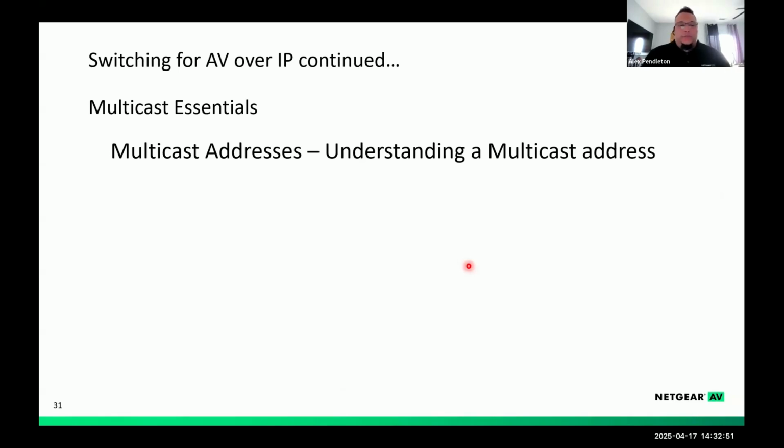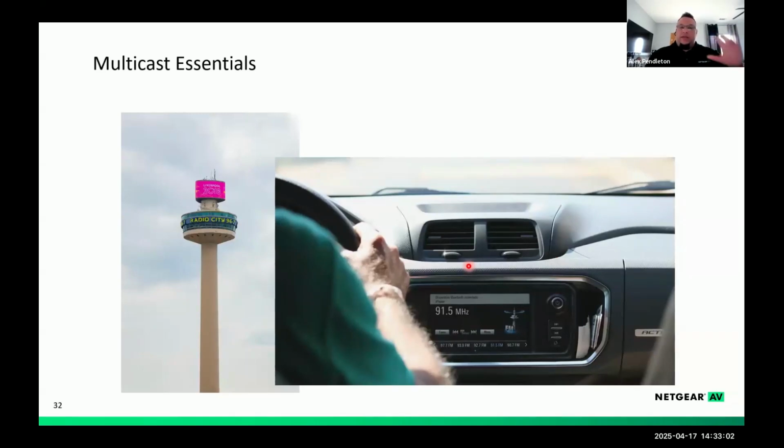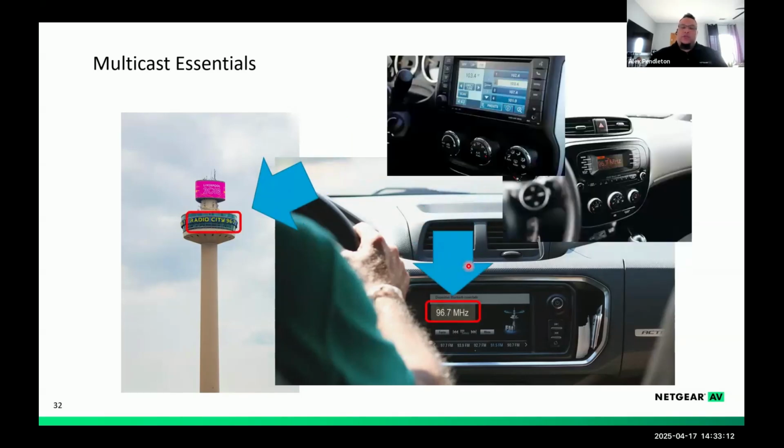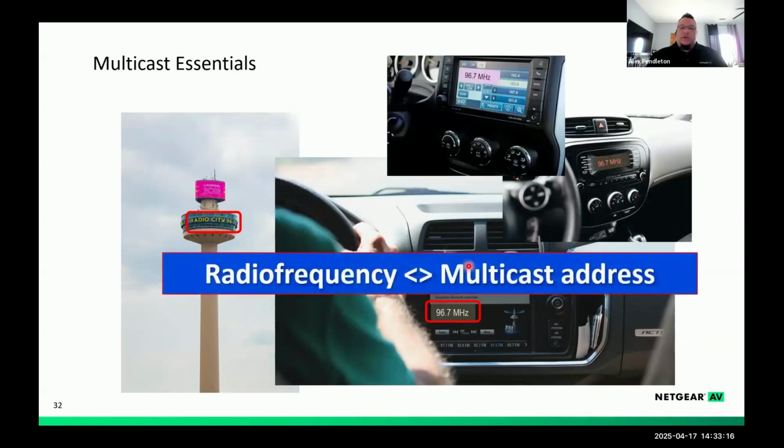Okay, so now let's go ahead and move on to understanding what a multicast address is, what it looks like, how it works. When you think of multicasting, the way that they originally created the RFC in the back days, essentially you could look at it like they were thinking of your car subscribing to a radio station. You might want to listen to a radio station. They're like, hey, I want to change that radio station to be something else. And then suddenly you will have a radio frequency multicast address similarity.